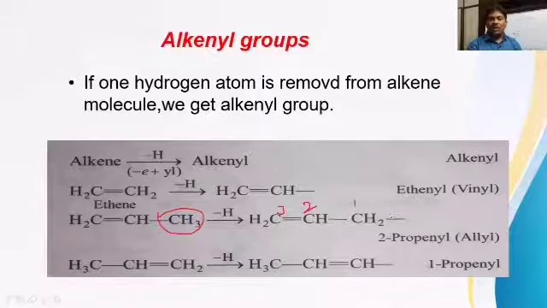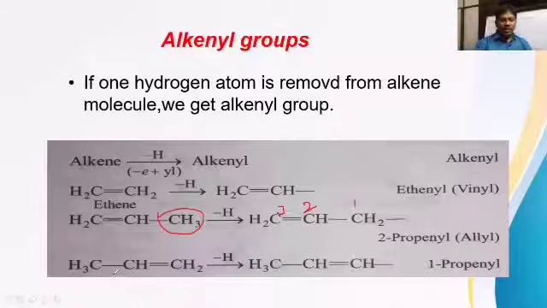The allyl carbon bears the free bond, so it is called the allyl group commonly. And here the free bond is present on the double bonded vinyl carbon. As the vinyl carbon has the free bond on it, it is called vinyl in the common system. So ethenyl is the IUPAC name, vinyl is the common name, propenyl is the IUPAC name, allyl is the common name. Here the second carbon has the double bond, not the first carbon, so the IUPAC name is 2-propenyl.